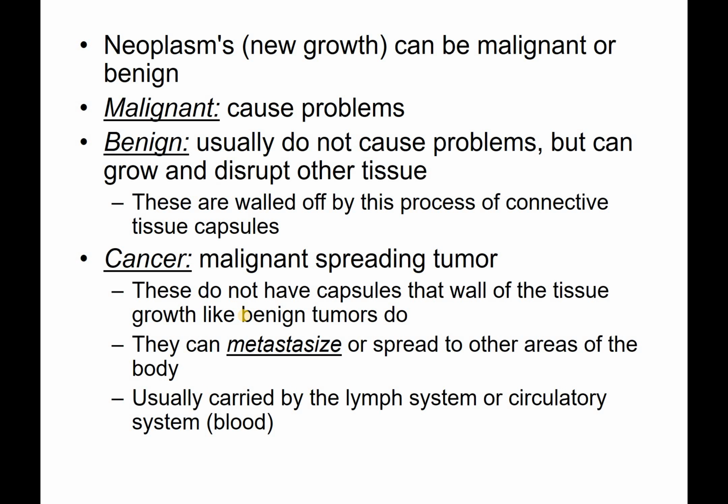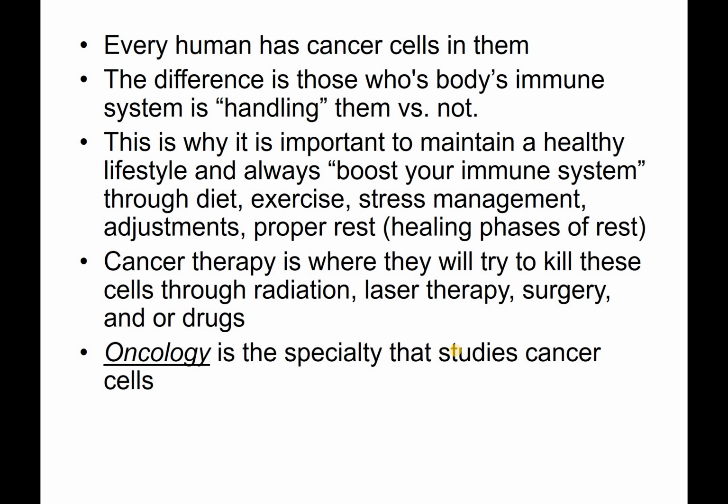So now this would be considered cancer. So cancer is, especially on the malignant side. And the other thing that you're worried about is the cancer metastasizing. And if that happens, that means it's spread. The cancer is now spreading to other areas of the body, and it's usually spread through the lymphatic system and your blood vessel system. Every human does have cancer cells. That's why we rely on our immune system to take care of them for us.